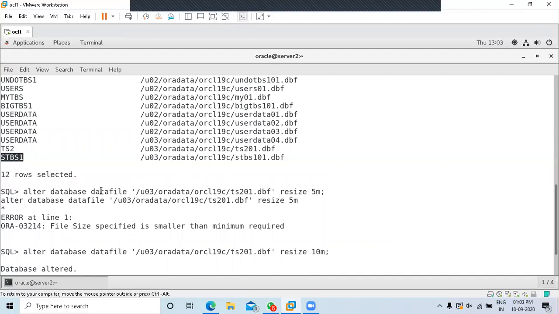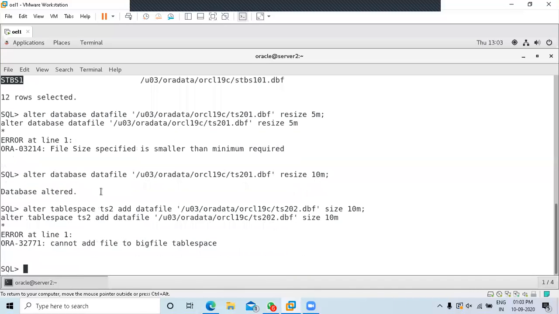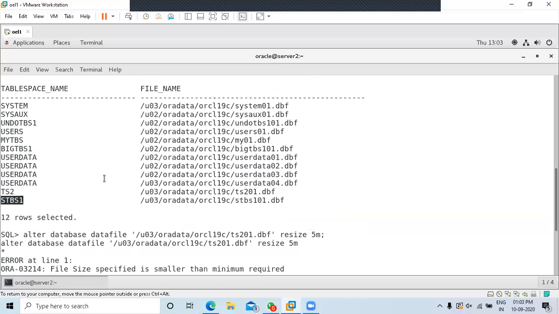So that is one important thing that you should know. Anyway, let's go for some other tablespace.